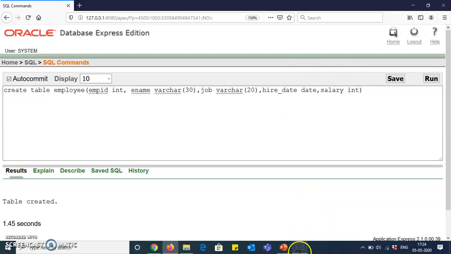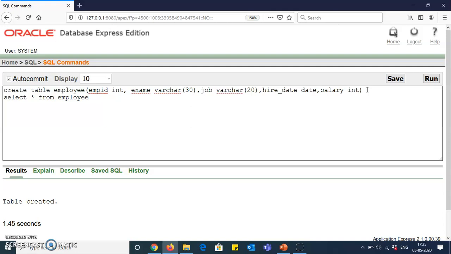Now this table is not going to have any records yet because I have not inserted any details. So to check whether I have any single record in my table or not, you are supposed to write a select statement. So how do you write it? Select star from employee.